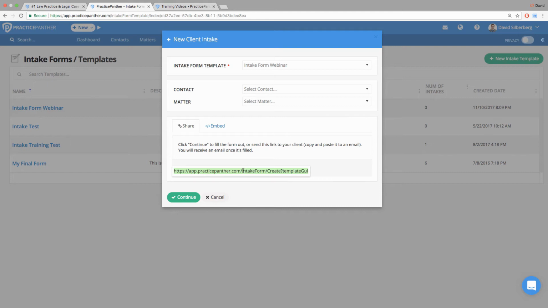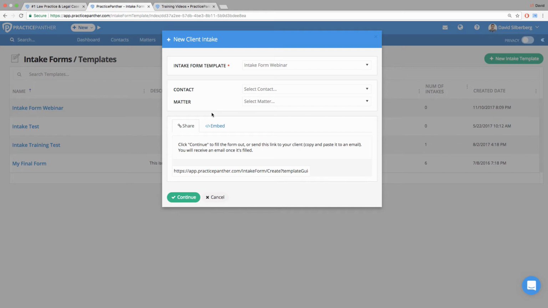contact or matter. You'd really only have to use the contact field up here if this was a matter collecting intake form that you wanted to tell PracticePanther who to associate that matter with when the form comes back. Or if the form was set to update contact information, whose contact information should it update when it comes back, etc. So what I'm going to do though, let's say you're speaking to a less tech-savvy client and maybe they